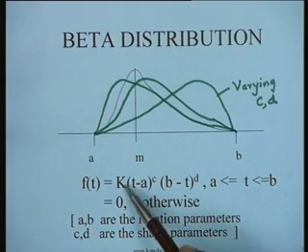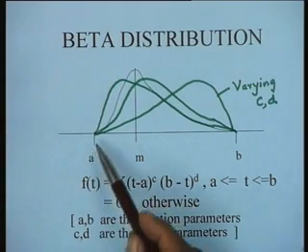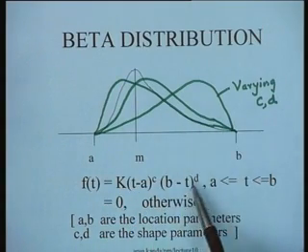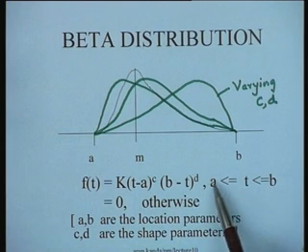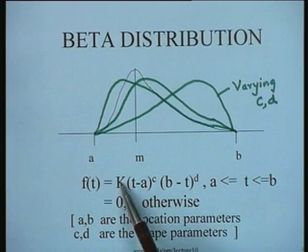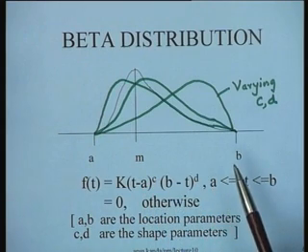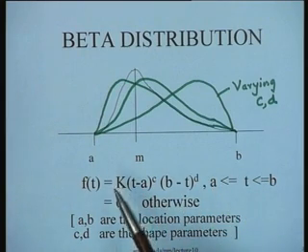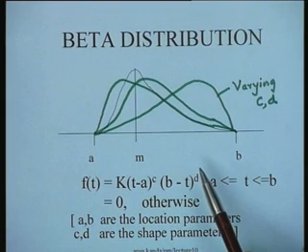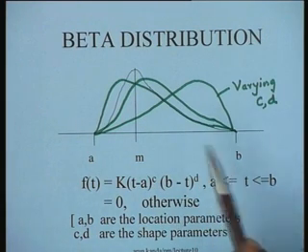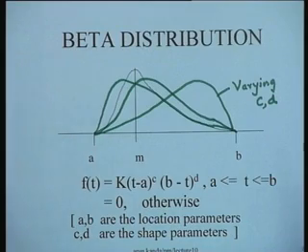It's simply not a parameter because the total area under the curve must be equal to 1. And so if you do that, you would get the value of k in terms of the various parameters a, b, c and d. And therefore, k is really not a parameter of the distribution. So this is a beta distribution which is chosen by the originators of PERT to represent the activity times.